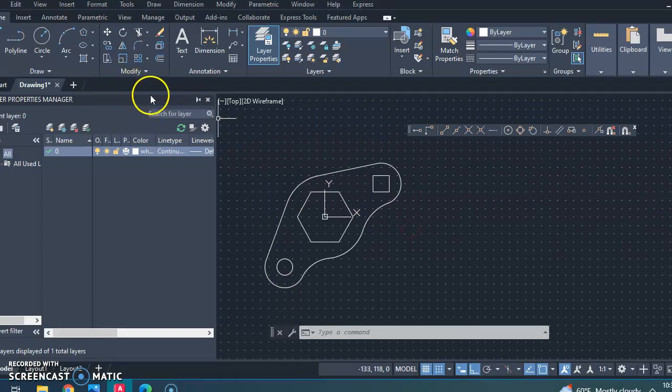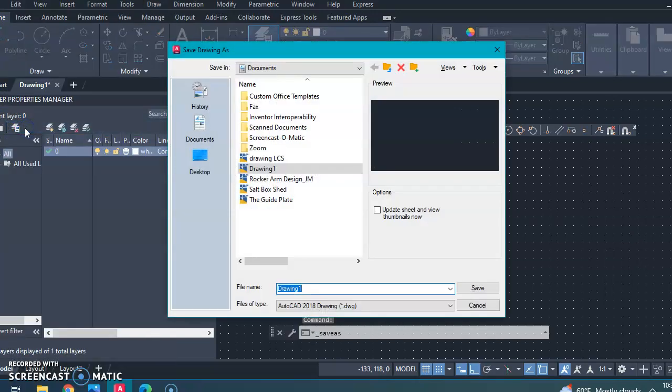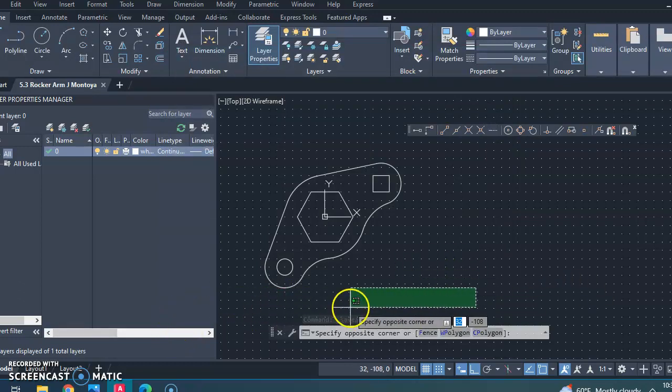So what we'll do is go ahead and save file, and I'll do a save as, and I'll call it the rocker arm. Let's give it the number. What was it? 5.3 rocker arm. And then I always like you to put your initials so I know it's you. And then that will save it to our file. And because we put the number first, we'll be able to find it later. So that concludes the